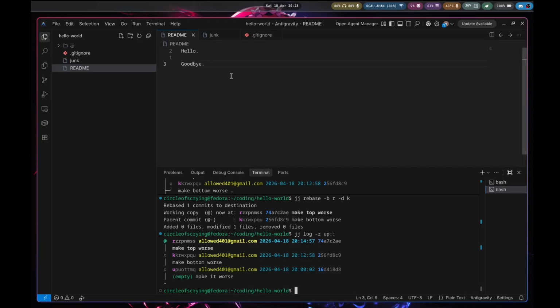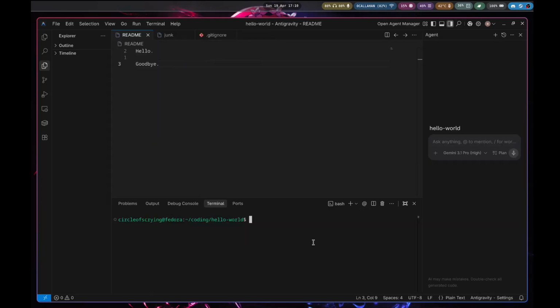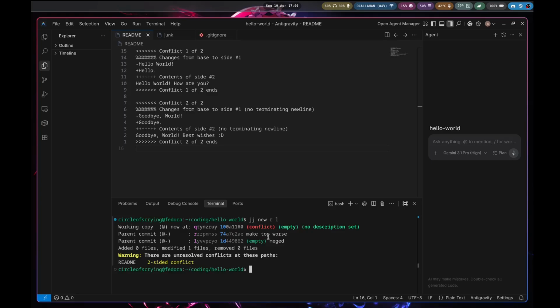You can see the top line has been changed to just hello, and the bottom line has just been changed to goodbye. While sometimes changes can be merged automatically, very often it results in conflicts that you have to resolve manually. In this example, I'll merge the 2 branches, each making the readme better or worse. As we can see, a conflict note has been added to the commit, and the readme itself now contains conflict